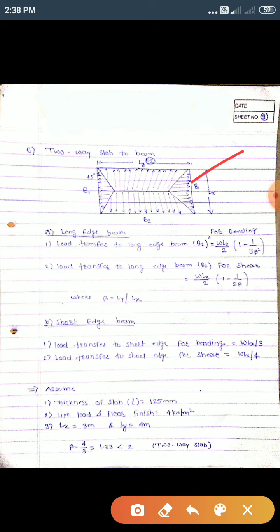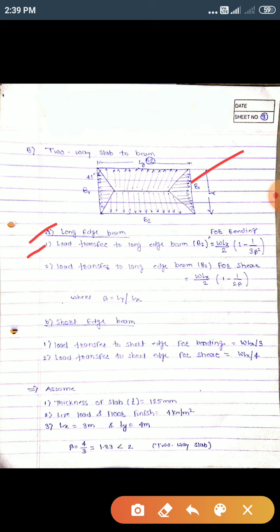Okay, then now after that, see the long edge beam. Now in case of one way slab, we have only one criteria, means we should calculate the load transfer from slab to longer span only. Okay, no need to calculate the load transfer from one way slab to short beam. Actually some amount of load will transfer from one way slab to shorter beam, but theoretically we need not calculate this type of beam. But in two way slab we should calculate the load transfer from slab to short direction beam and long direction beam. Okay, that's why first we have considered the long edge beam.